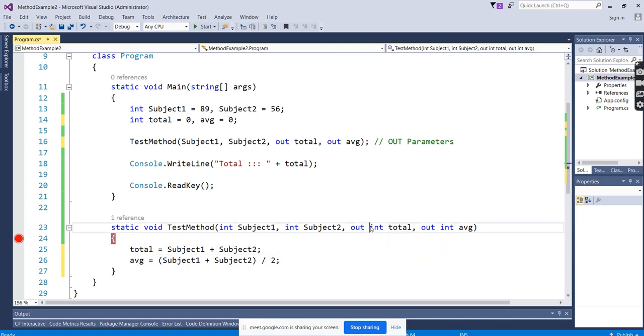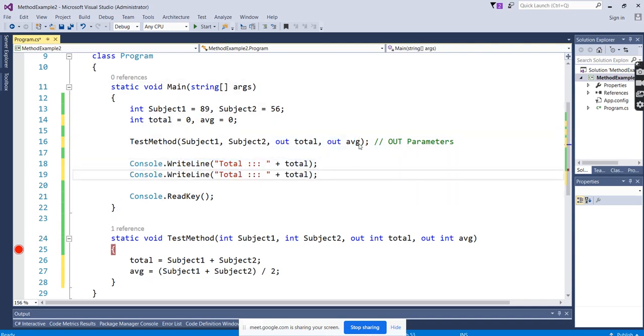Total, integer variable, prefix of the data type out. I want to return average, data type, prefix of the data type out parameter. And even in the main program where you're calling, there also we have to mention out and the parameter names. So Control C here, mention average. Got it? Okay, we will see whether it is going to return two values or not.